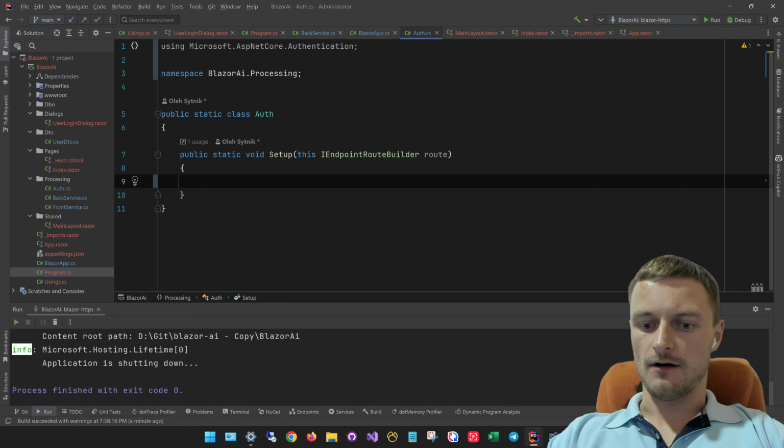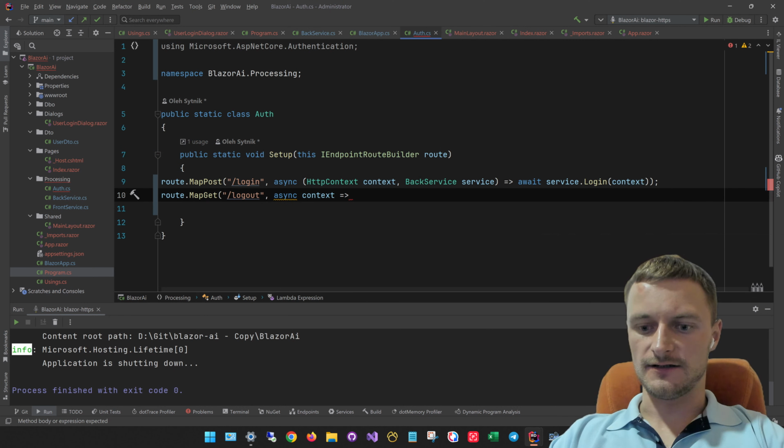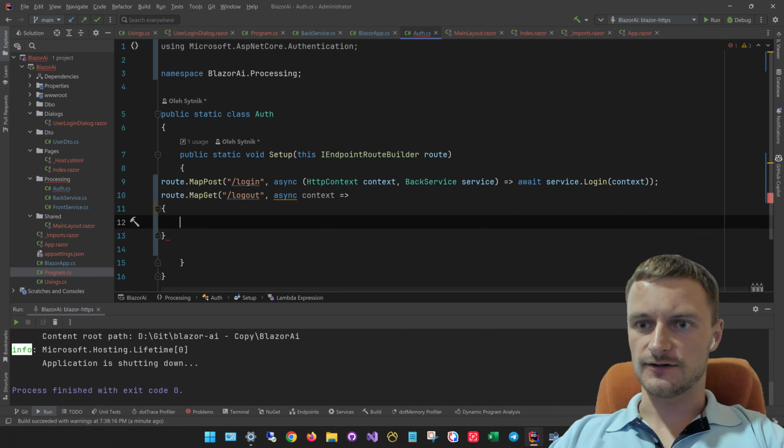So let's create this one, and here in terms of logout we need just two things. We can use the regular method for the logout, so it will be await context.SignOutAsync and the response redirect. And the duplication here. Okay, so here in the login we will use our backend service, which is also